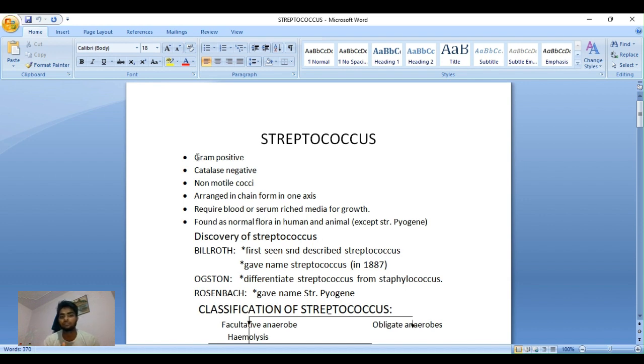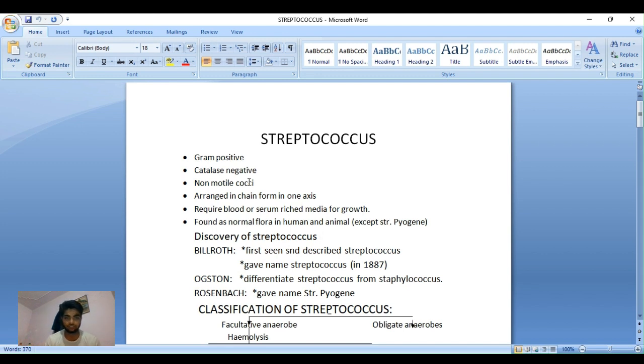the staphylococcus were also some gram positive, both catalase positive and catalase negative. But streptococcus are all catalase negative. These are non-motile cocci arranged in chain form in one axis, so it is called streptococcus. Due to its shape or size, we can tell it's the streptococcus, and it required the